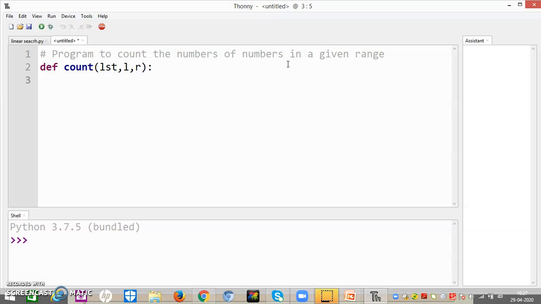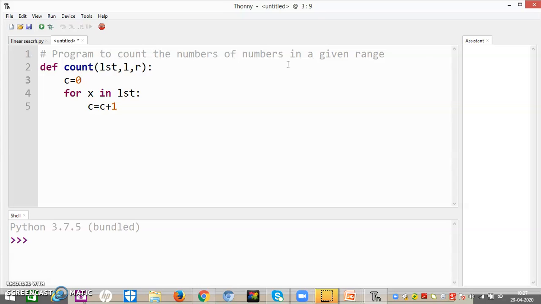Okay, now next thing is I will take a variable c, declare it with 0. Now I have to traverse the list, means I have to go through each and every element first so that I can count. So we can write it as for x in lst, or list1, whatever we have taken. Now press enter. Now write c is equal to c plus 1. c is called the counter.